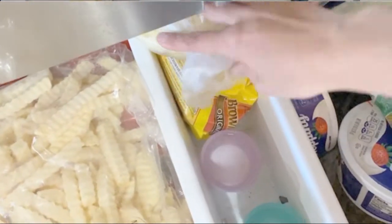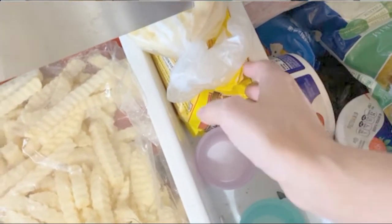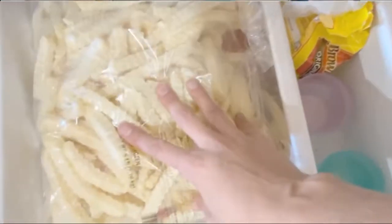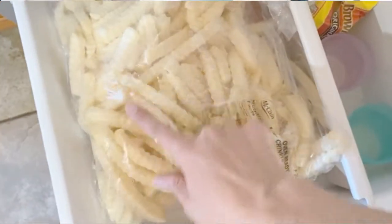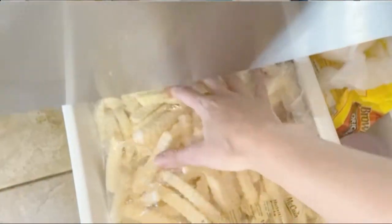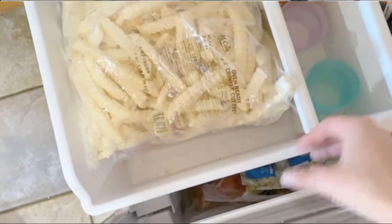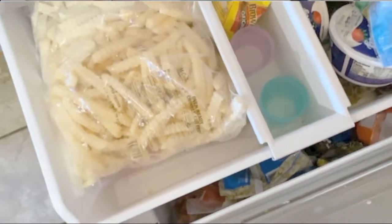This is breakfast items. We have the sausage links and some waffles and some french fries for lunch. And I have this thing of chicken. It didn't fit in my other freezer, so it had to go in here. And that is all that we have in here. So yeah, I like to have just what we're going to be using for the week in the freezer, so I can just grab and go and not have to dig around looking for things I need, as well as I try